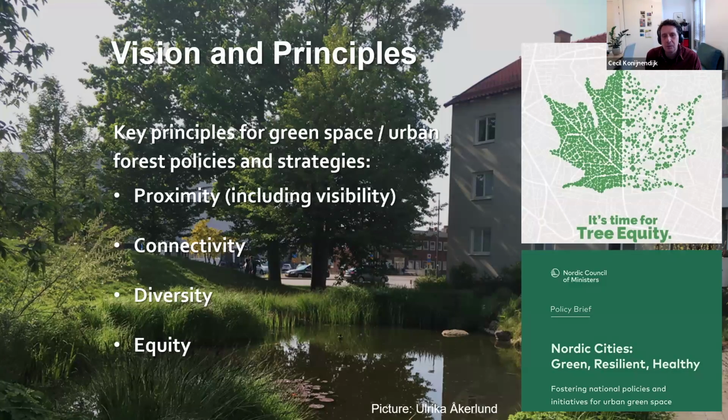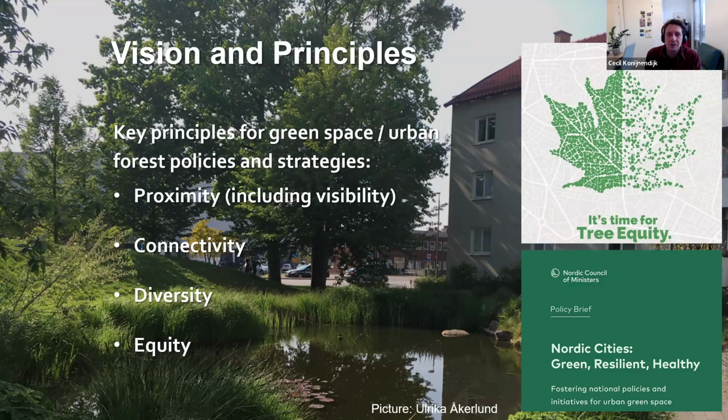Of course, there's often the call for tools, and the Urban Forest Accelerator provides a new toolkit, which is really excellent, and also guidance for policy, as local authorities across the world are trying to find ways of improving urban forests in their communities. They ask for some guidance, some principles to work with. In work I did for the Nordic Council of Ministers, I came up with 4 principles, and these are definitely not